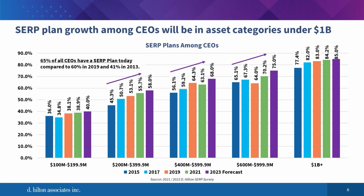Where we see a lot of growth is in these 200 million to a billion categories, and that's where people are recruiting. The one thing I will add is that our next survey will be addressing 5 billion and above. We've done a lot of recruiting in that area. We do a predominant amount of compensation work in that area, and we're going to include a category above